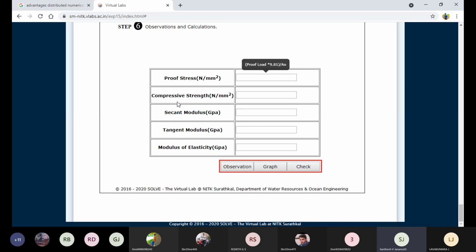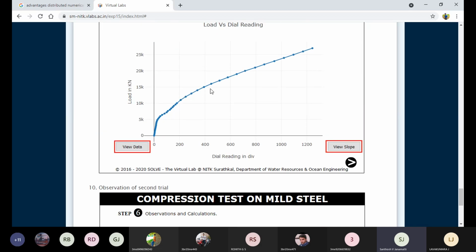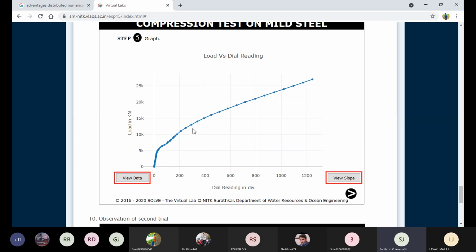These two as well: compressive strength of the given sample and modulus of rigidity. That's it. No need to calculate the proof stress, secant modulus and tangent modulus. Secant modulus and tangent modulus are most commonly for plastic materials, meaning materials with too many curves. Here, I think, only a slight curve is there.